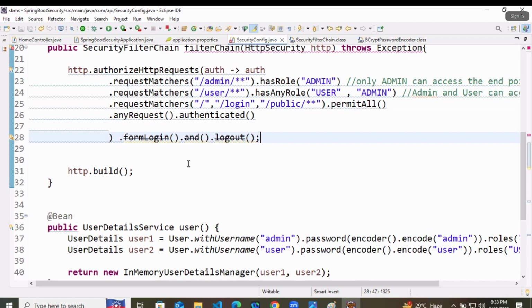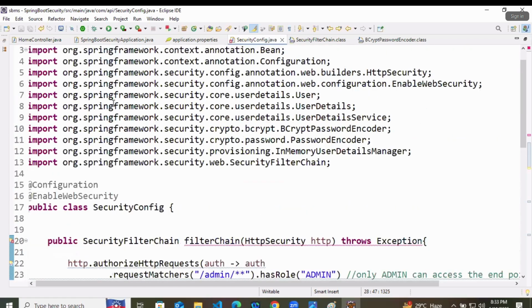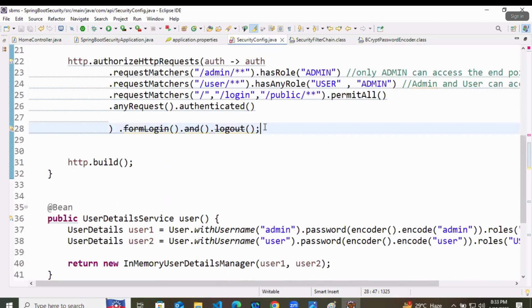Form login. And now let's restart the application again. It is showing an error somewhere.